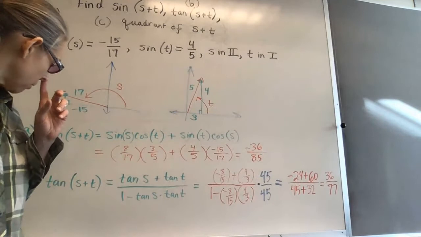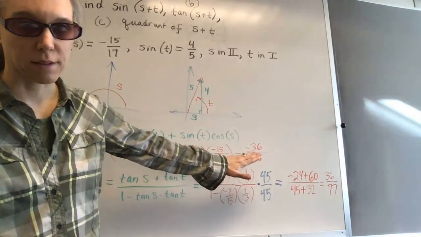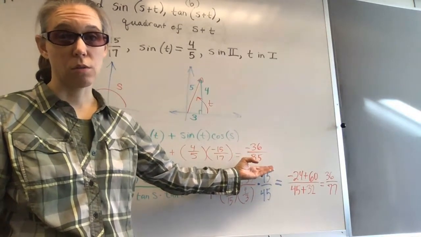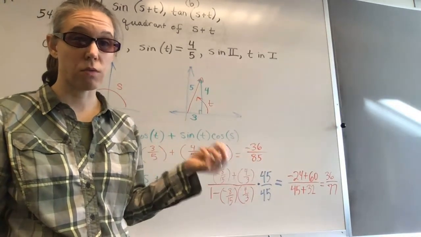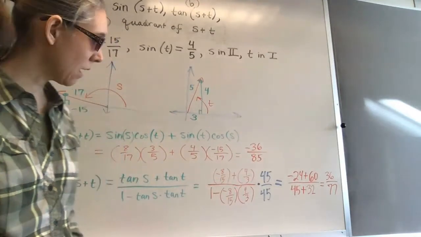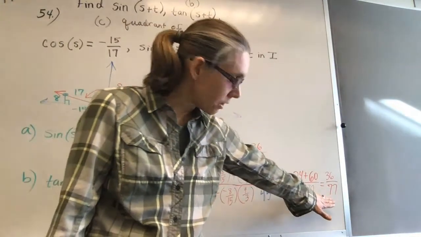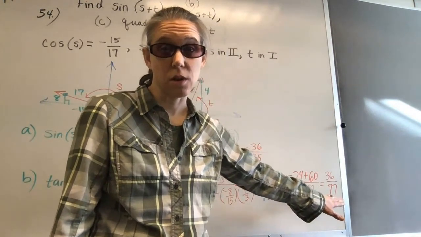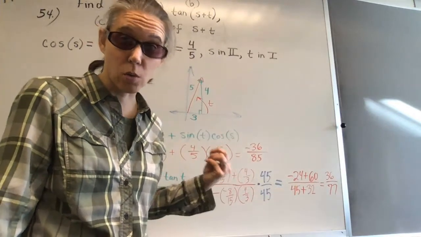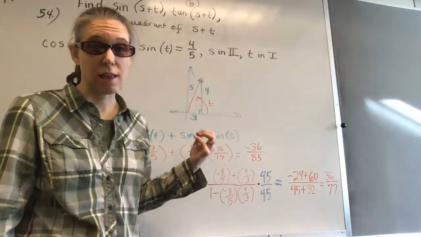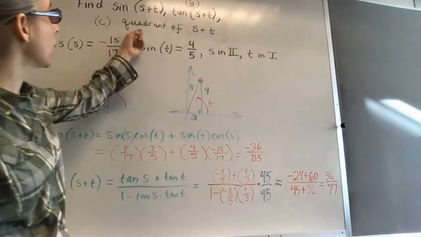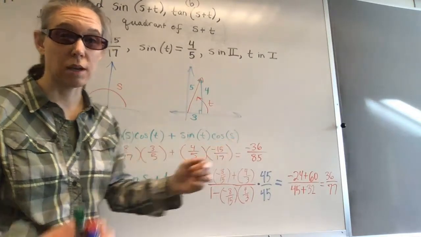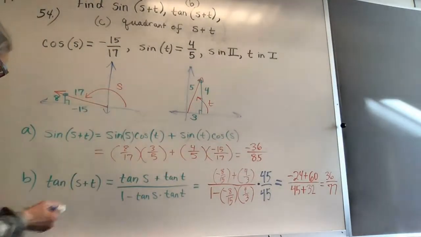Now let's notice this. We have a sine value that is negative, right? Where do we have sine values that are negative? Only in the third and the fourth quadrant. Then we have a tangent value that's positive. Where do we have tangent values that are positive? Only in the first and third quadrant, which means that the quadrant of S plus T would have to be in quadrant 3. So the answer to part C